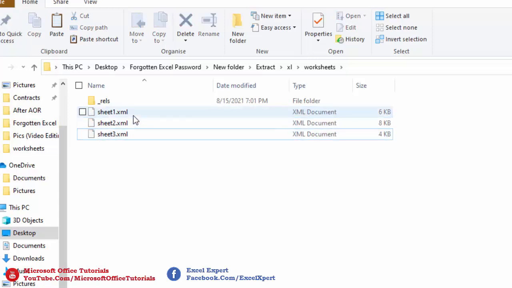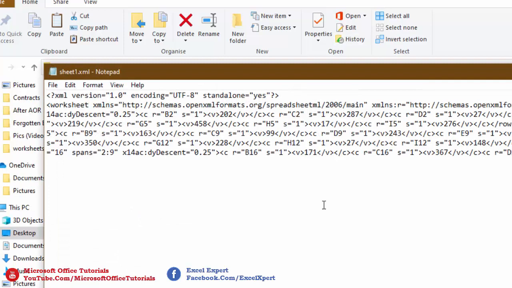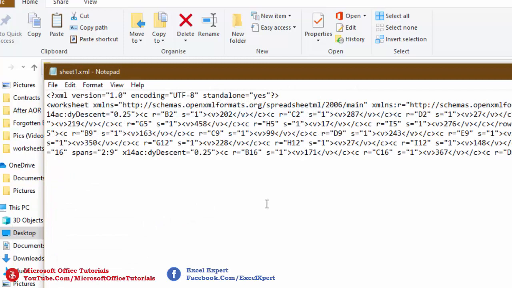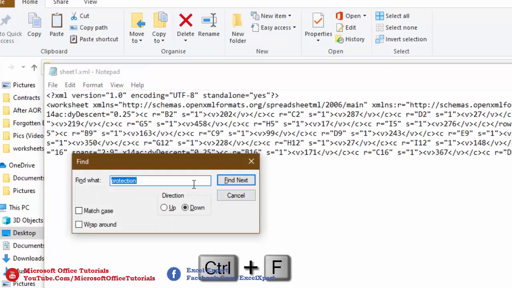For Sheet 1, we select it, right click, and open it with Notepad. Here you want to take care about one thing: you don't need to click inside Notepad. When you open this file with Notepad, directly use the shortcut key Ctrl+F, write the word protection, and find it.